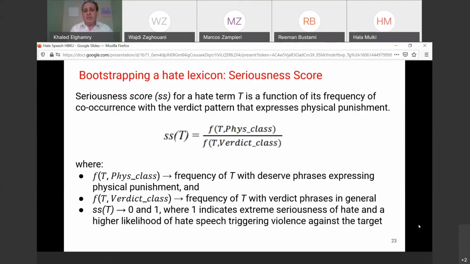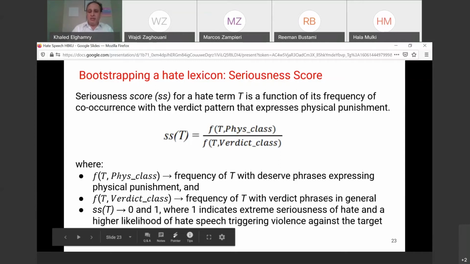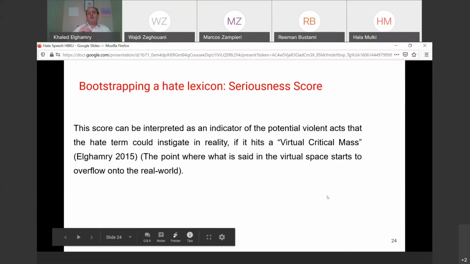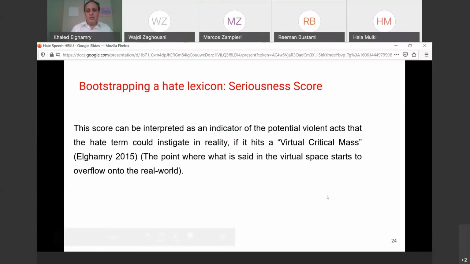And then the verdict class, which is the frequency of the hate term T with verdict phrases in general. The value of the seriousness score could be 0 to 1, where 1 indicates extreme seriousness of hate and a higher likelihood of speech triggering violence against the target. One way to see this seriousness score is as an indicator of potential violent acts that the hate term could instigate in reality if it hits what I called, in